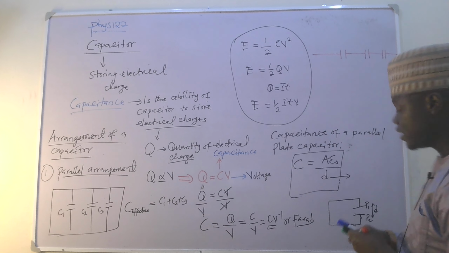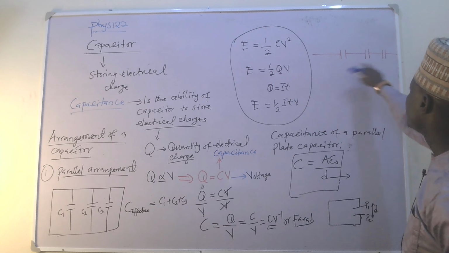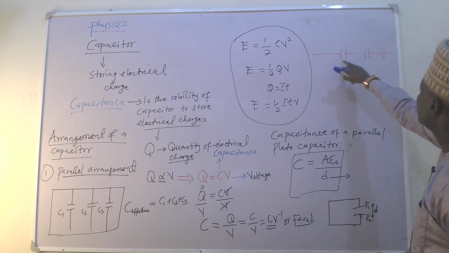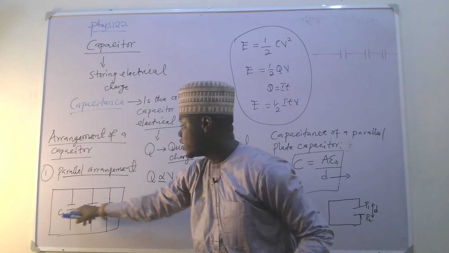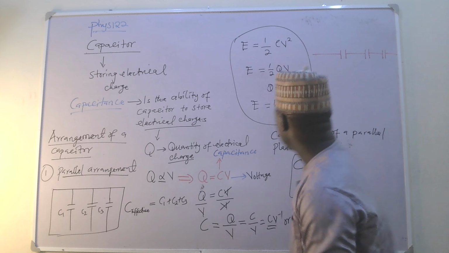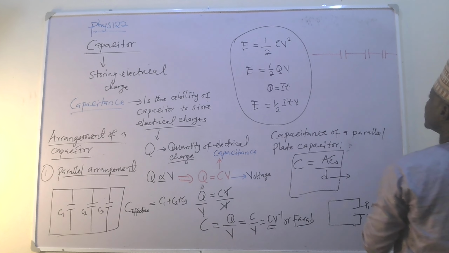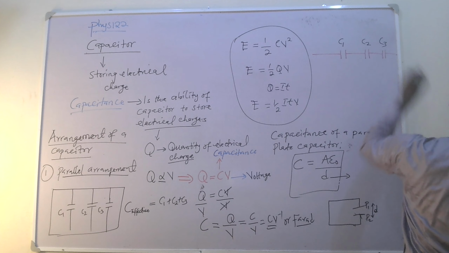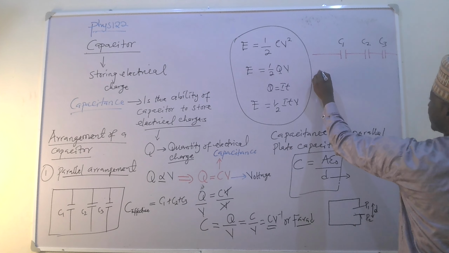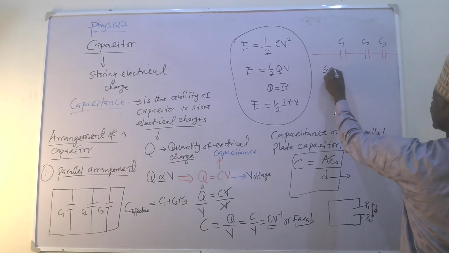I think it is clear, ladies and gentlemen, you are seeing it. So you have a capacitor like this. You see this one and this one, they are in series. And this one, they are in parallel. So therefore, we now have C1 here, C2, and C3. So the capacitor in series,